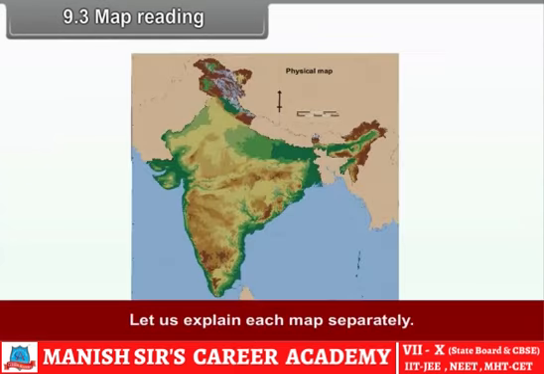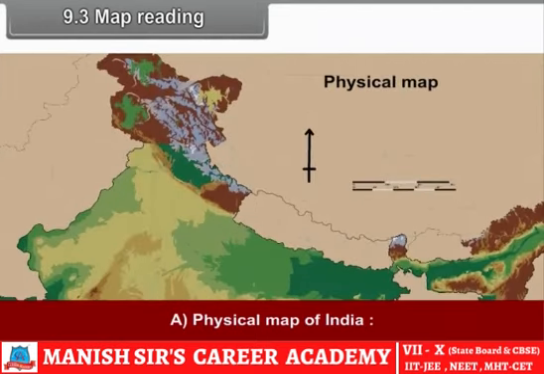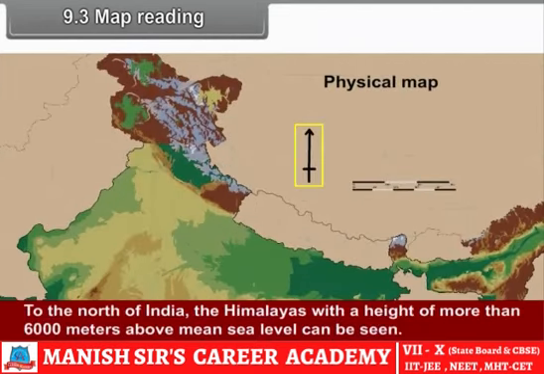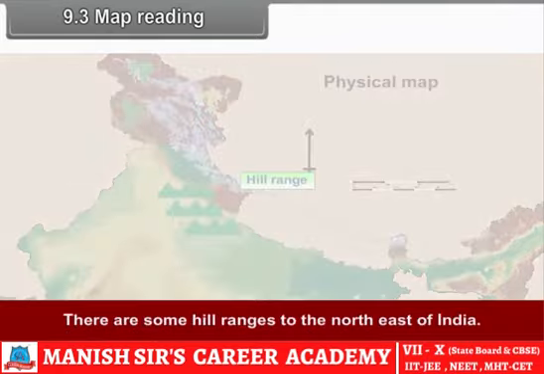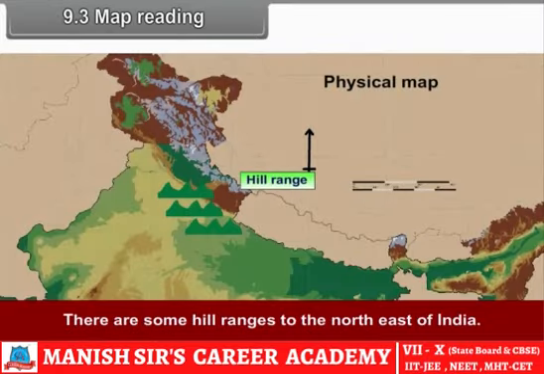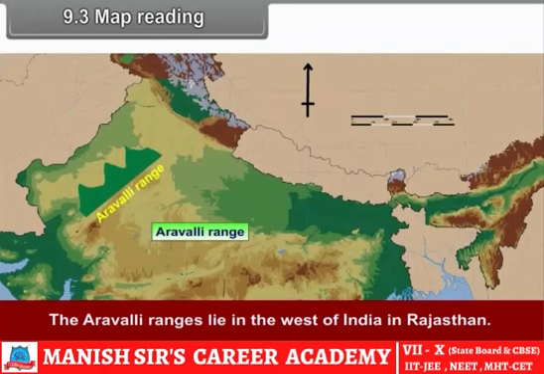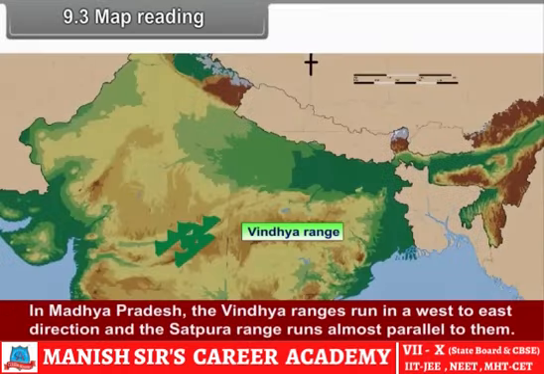9.3 Map Reading. Let us explain each map separately. A. Physical map of India. To the north of India, the Himalayas with a height of more than 6,000 meters above mean sea level can be seen. There are some hill ranges to the northeast of India. The Aravalli range lies in the west of India in Rajasthan. In Madhya Pradesh, the Vindhya ranges run in a west to east direction and the Satpura range runs almost parallel